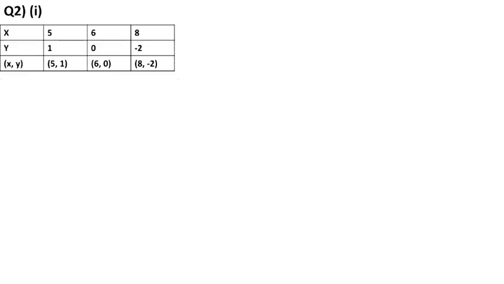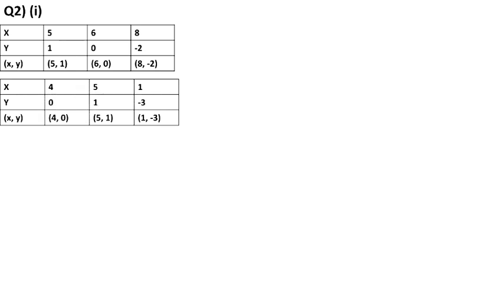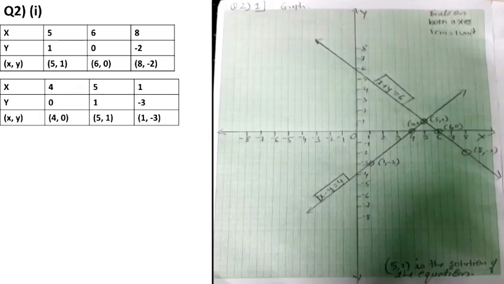So here question number 2, the first one which we have solved, we got the coordinates. From the first we'll draw the collinear line. The first one is given x value is 5 and the y value is 1. We'll substitute the point on the graph. 6 and 0 means that it will lie on the x-axis. The third one we got 8 and minus 2. X value is 8 and y value is minus 2. All the 3 points should be collinear. Draw the line and write the equation.